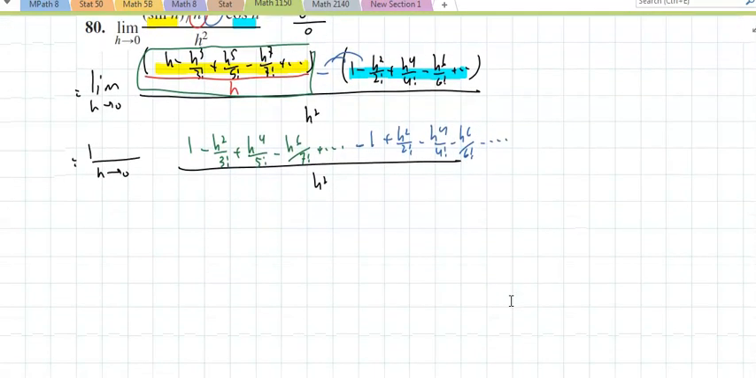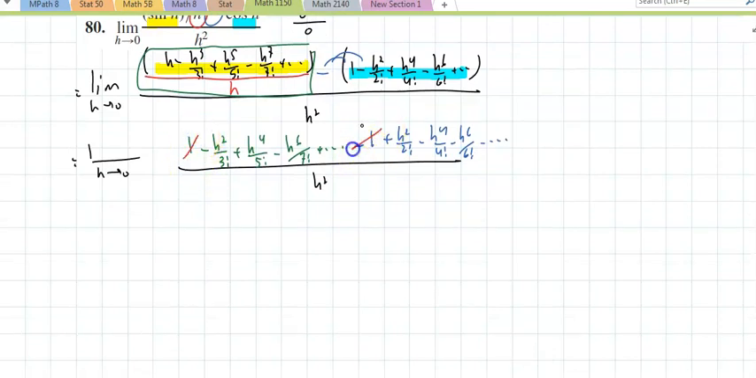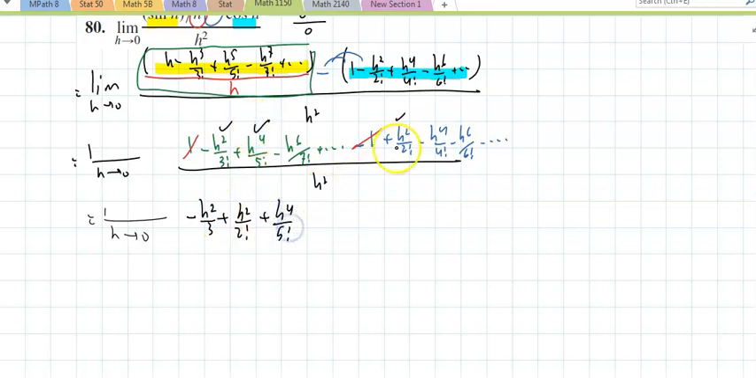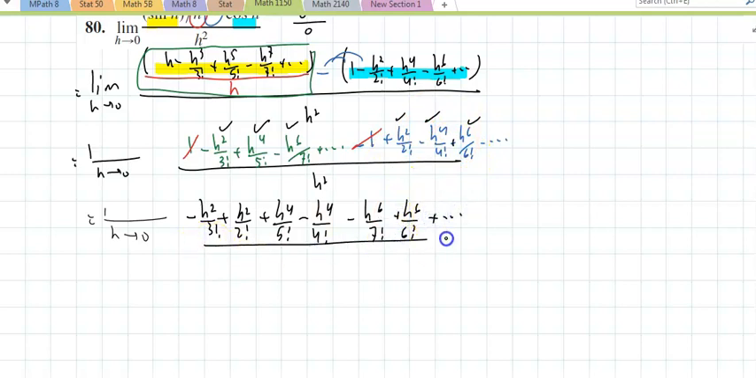Now, I notice that this one and that negative 1 cancel out. This is actually the limit as h approaches 0. And this is negative h squared over 3 factorial plus h squared over 2 factorial plus h to the 4 over 5 factorial minus h to the 4 over 4 factorial minus h to the 6 over 7 factorial plus h to the 6 over 6 factorial. I think I missed a sign somewhere. That's a minus, that's a plus. That should be a plus right there. Okay, now we're good. And the list goes on, those all divided by